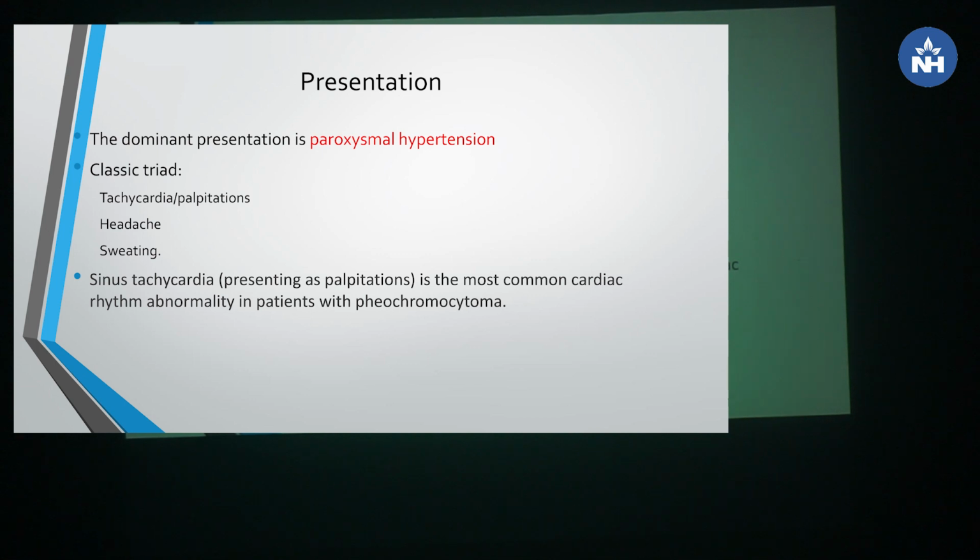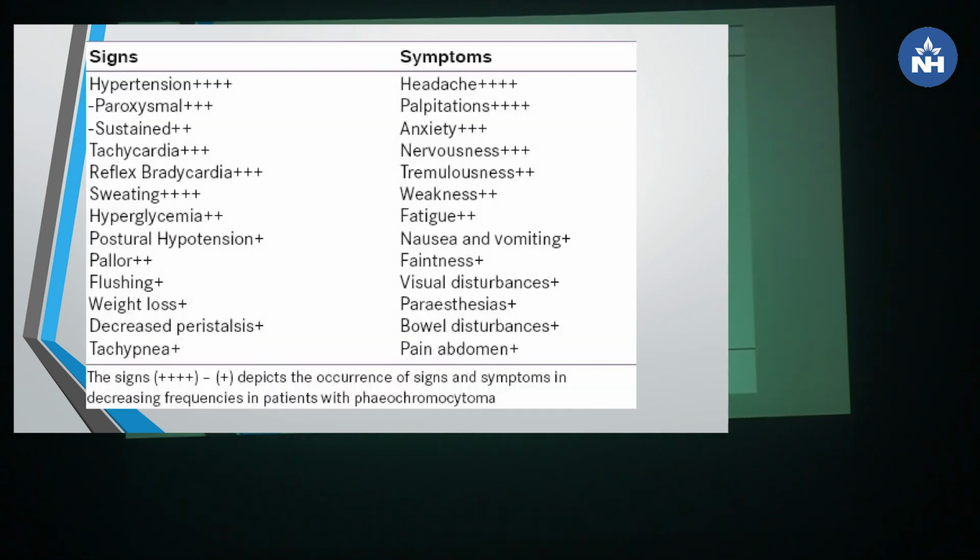Presentation. So the dominant presentation is paroxysmal hypertension. In the classical triad we see tachycardia, headache, and sweating. Sinus tachycardia is the most common cardiac rhythm abnormality that we see. These are the signs and symptoms in the order from most common to least common. The most important being paroxysmal hypertension, headaches, palpitation, hyperhidrosis, and